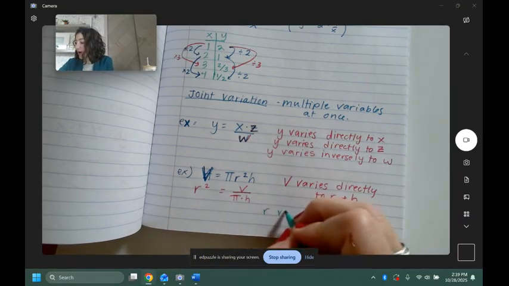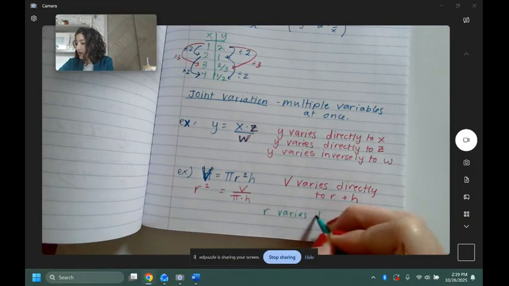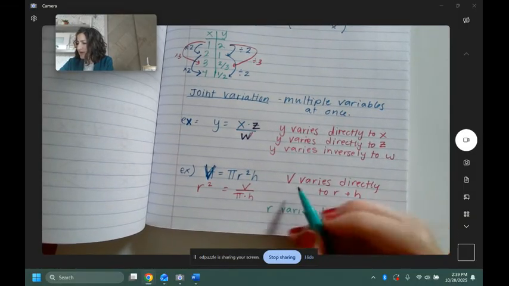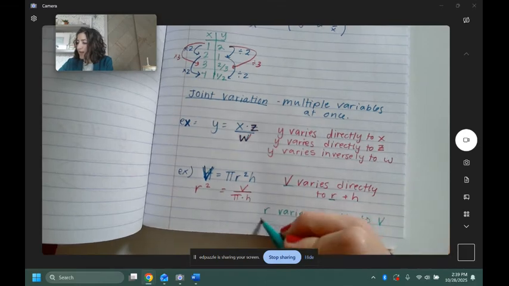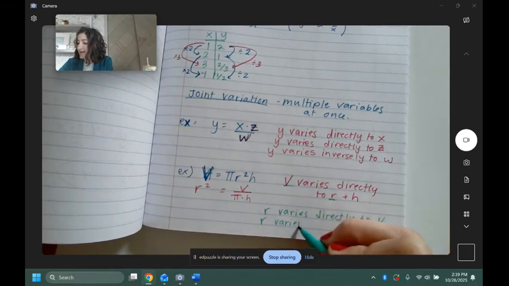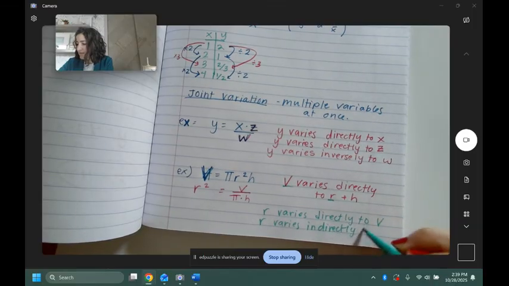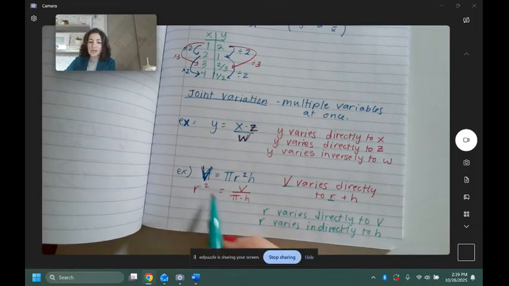So R varies directly to V, which we kind of already knew, but R varies indirectly to H because H is in the denominator. So you're just looking at where it is compared to the